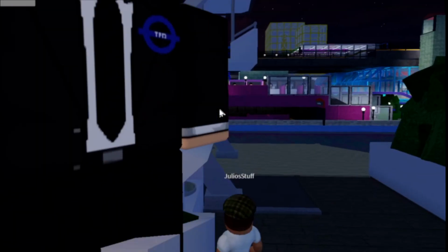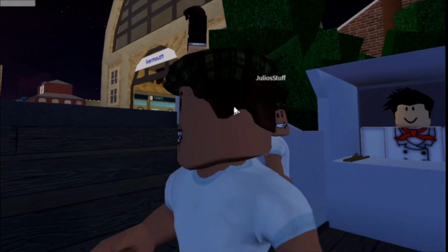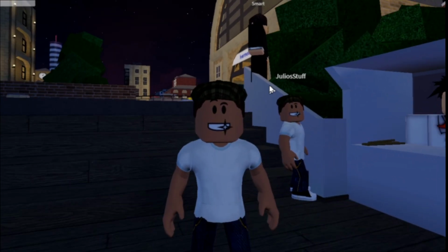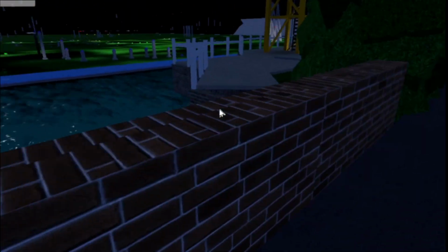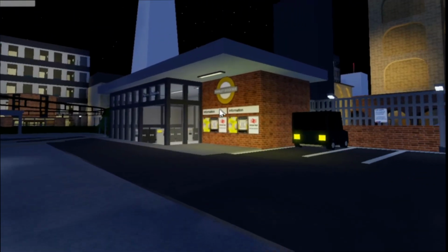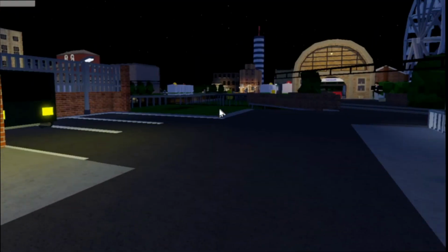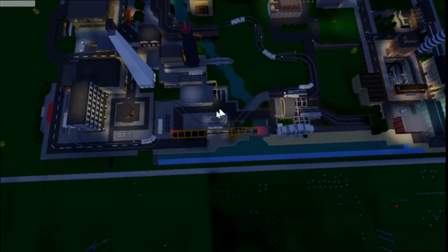We are joined by Smart, this person who looks a lot like me, and some other humans in this big adventure of the new opening of the City line. The line starts here at Ivymouth by the sea. It's also very close to the Dockside, which is another terminus of the line. So the line is almost a circle, so there is absolutely no point in riding from Manley Dockside all the way to Ivymouth. It's not that far really, but if you take the City line,